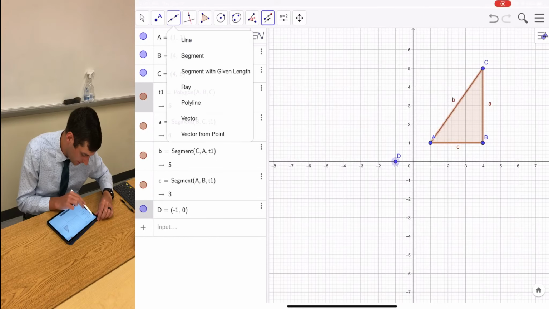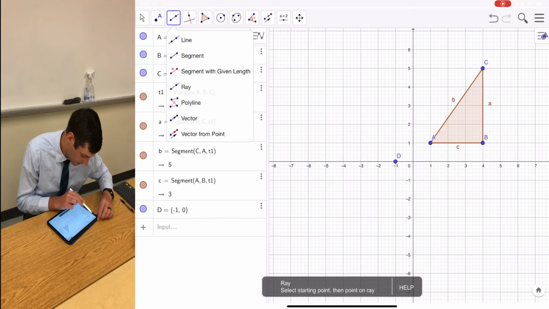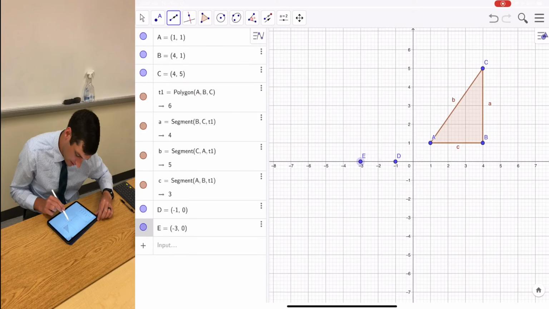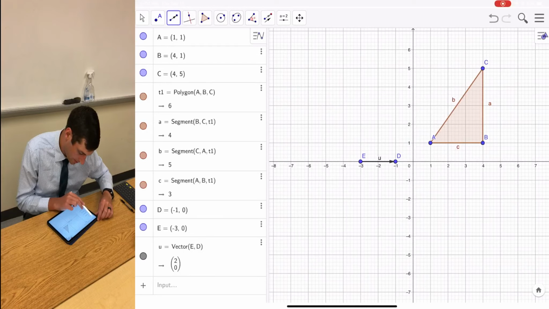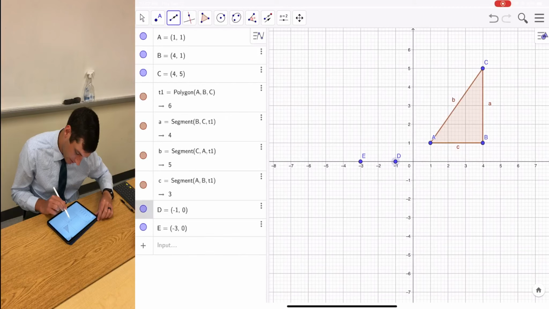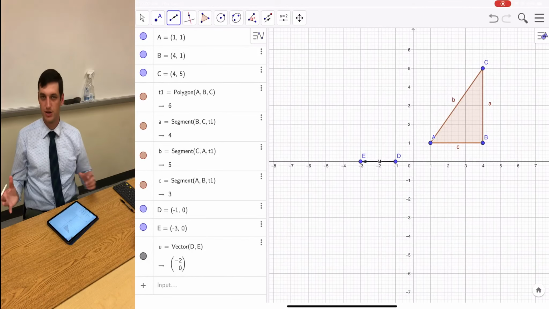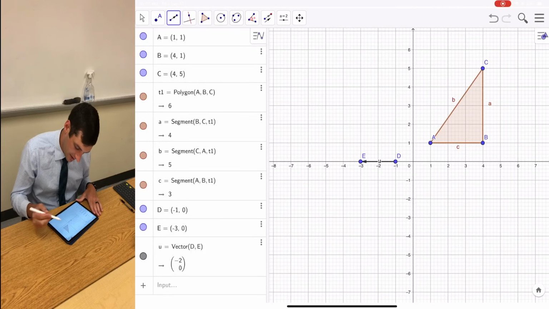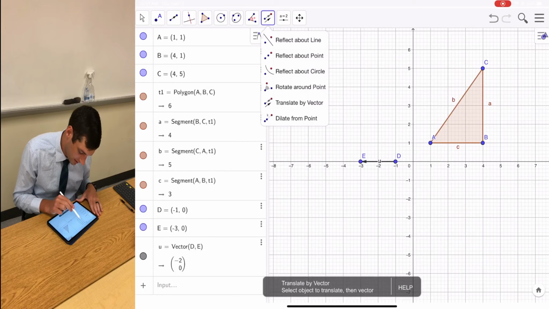I'm going to create a vector real quick. A vector. There. Let's do that backwards. Let's delete that and create one from there to there. So translation is a movement. So we're going to slide it over to here. The vector is going to show us whenever I click on this,